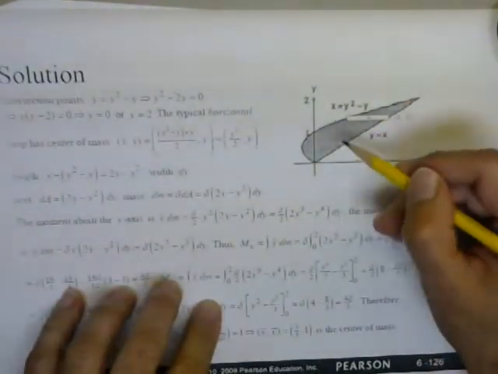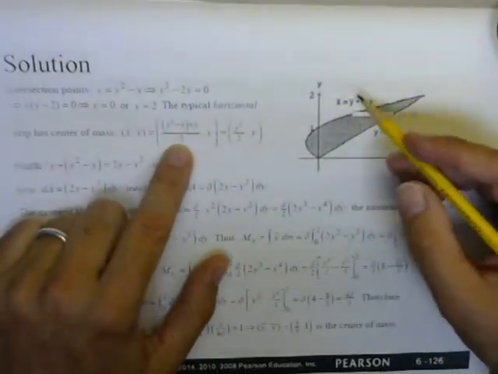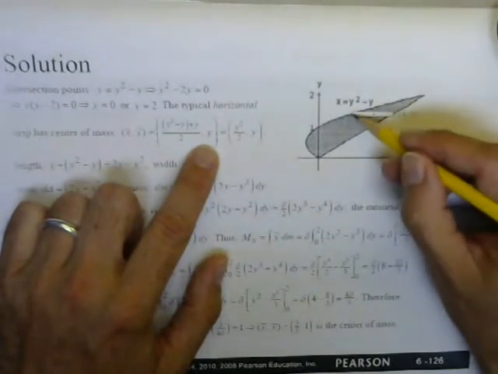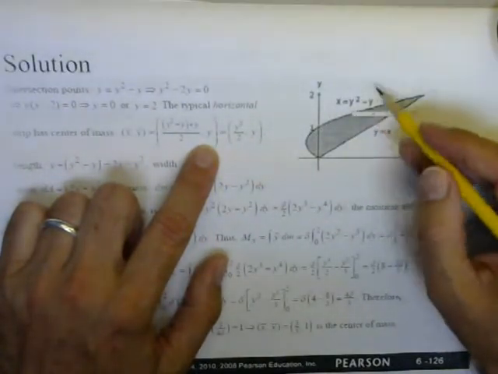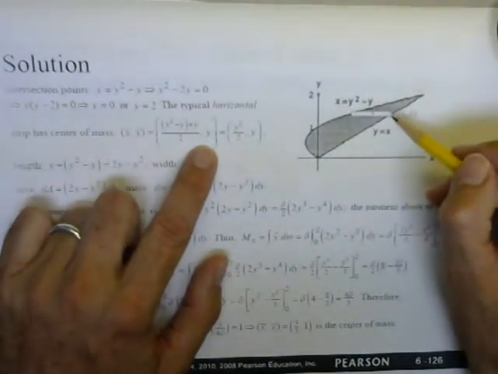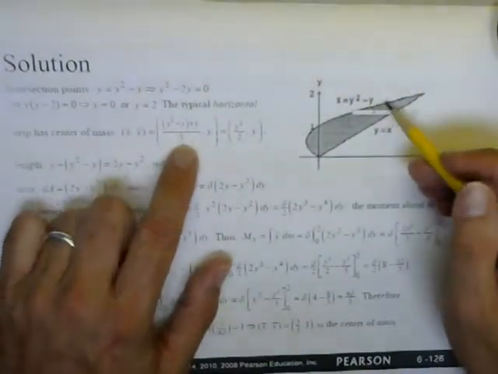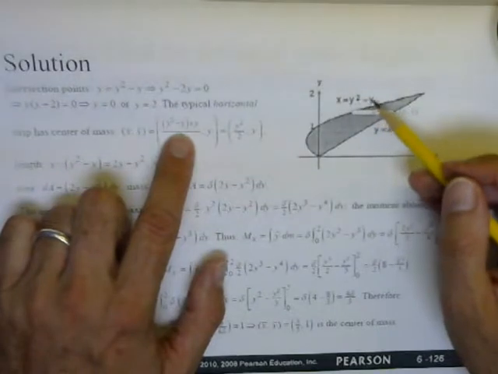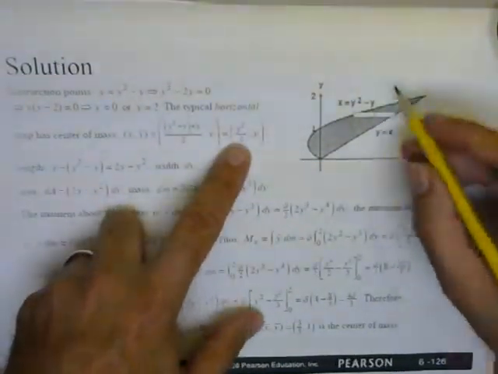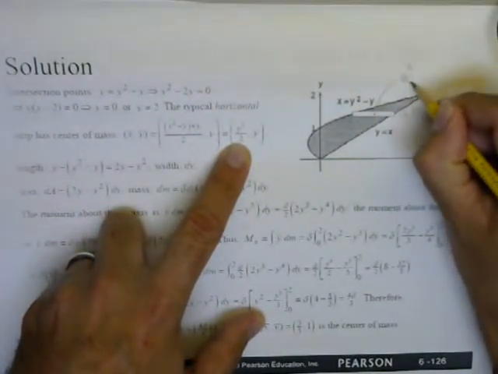So again, where's the center of mass of the strip, right? Well, again, we're doing this in the y direction, so this distance will be y. And then to calculate the height of the strip, or the center of mass, right, take that distance plus that distance and divide by 2. Right, and we have to do everything in terms of y because we're integrating in this direction. So that will be y squared minus y plus y all over 2, right? That's the center of mass. You can simplify that. So the center of mass of any given strip is y over 2 y,